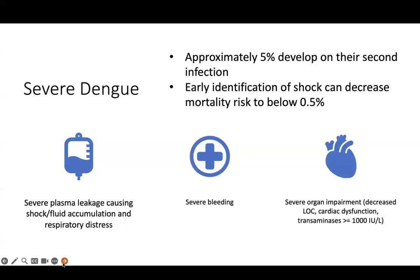The case definition was changed in 2009 for a more clinical classification after reports that the case definition was both too difficult to apply in resource-limited settings and too specific, as it failed to identify a substantial proportion of the severe dengue cases, including cases like hepatic failure and encephalitis. So in 2009, the clinical classification was